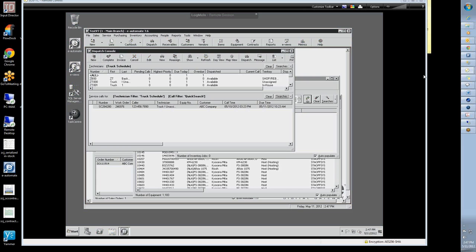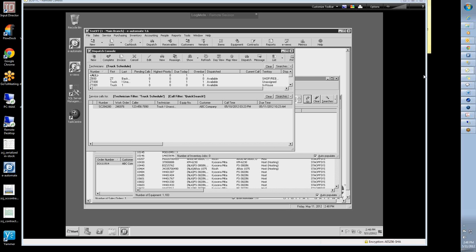is we have a situation where we've been working with our dispatch, and a new machine comes in the door, or even a recon machine, a used machine, and basically it comes in. We have been setting up a call for this machine to be set up or recon by a technician. Then when that's done, we need to get the machine installed, and we're just wanting to make sure that